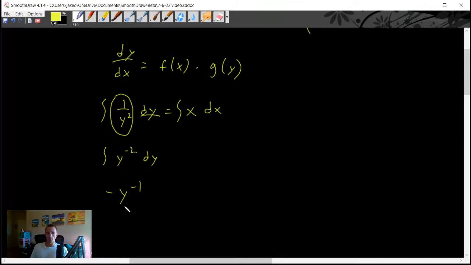Okay, so then once we've integrated, the dy is going to fall off. And then we need to make sure to add some constant plus c. I'll just call it c1. Because when we integrate over on the right side, we're going to do something similar. Okay, so now looking at the right side of our equation here,